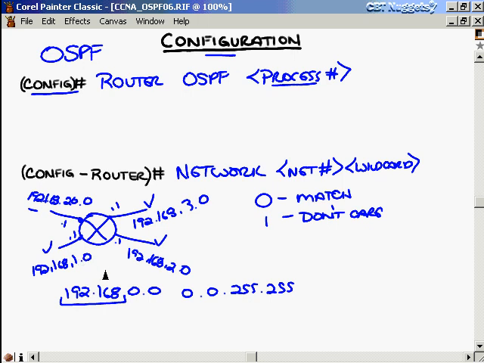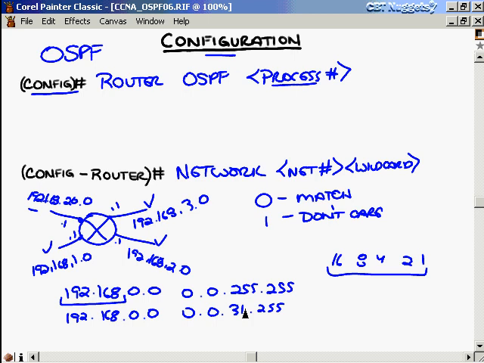Let me give you another example here. What if I said 192.168.0.0, so we have that same network number, but here's where we're going to change it up a second. 0.0.31.255. Because it's a wildcard mask, what we're saying is that these last values, remember our binary chart, 1, 2, 4, 8, 16, these 5 bits in the third octet, are going to be able to be anything that you want them to be. And what that does is it gives you a network range of 192.168.0 through 31,